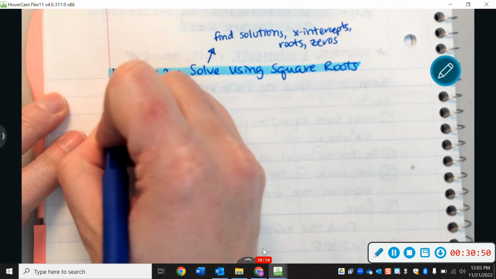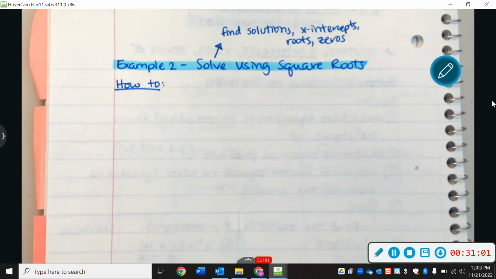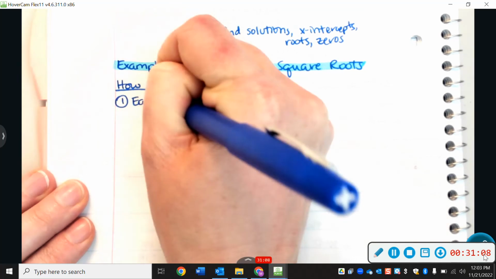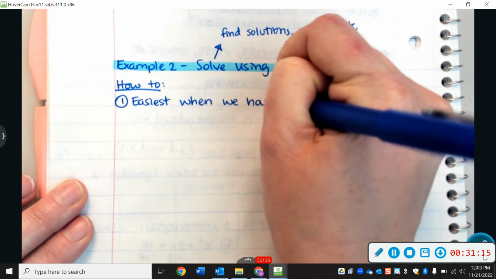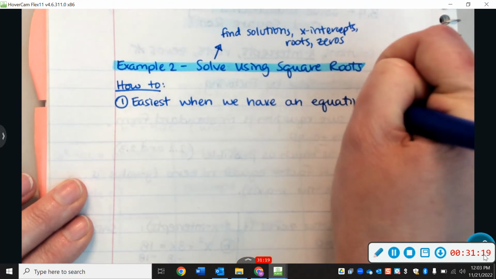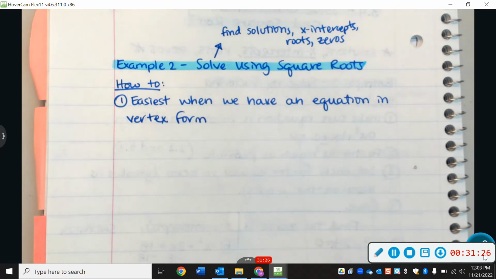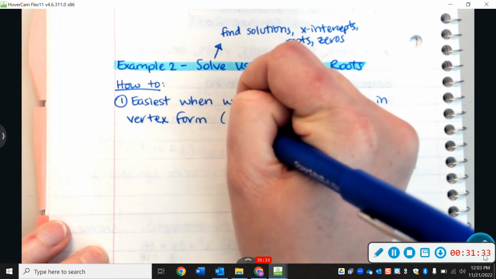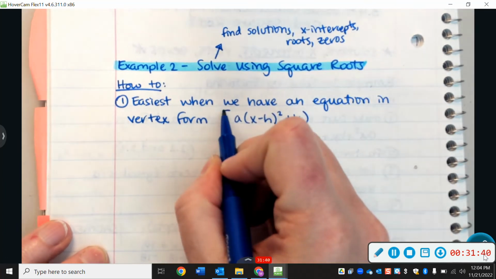So the way that we solve using square roots, and once again, this is actually something you've done before, you've just not done it in this context. We're going to essentially solve it like an equation. So we're going to treat it no differently like an equation. This is usually going to be easiest when we have an equation in vertex form. Vertex form is just another way of saying transformation form. It's what I have written on the board. That's the one that exists for all of our equations this year. So that would be if I had a(x minus h) squared plus k. So that's what transformation form looks like,